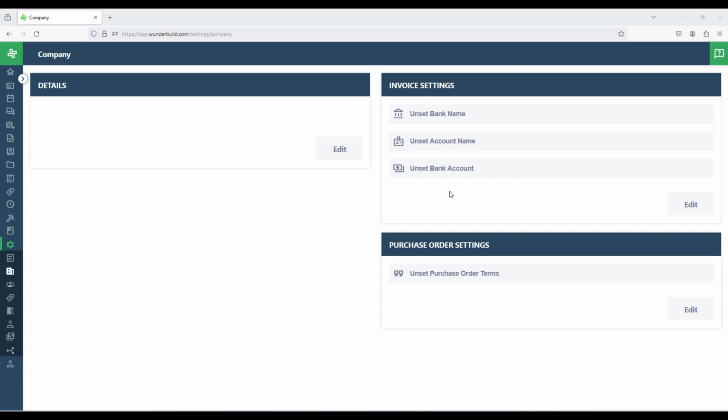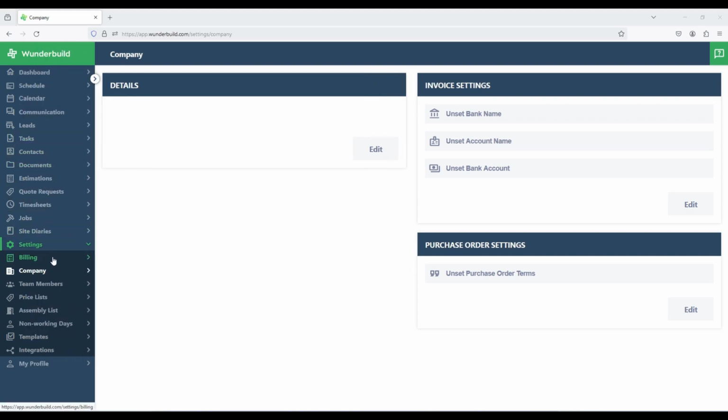So in this video, I want to show you how we utilize price lists in Wunderbuild, and then how we take those price lists that we create and add them to our estimates. So if we go into the left menu, we can see there's a price list option here under settings. So if I click on that,